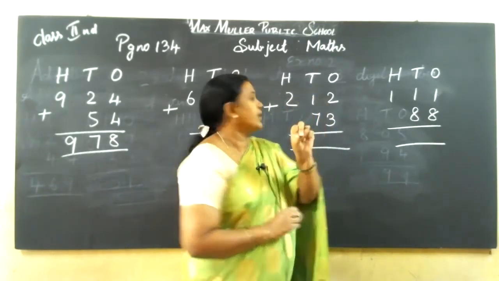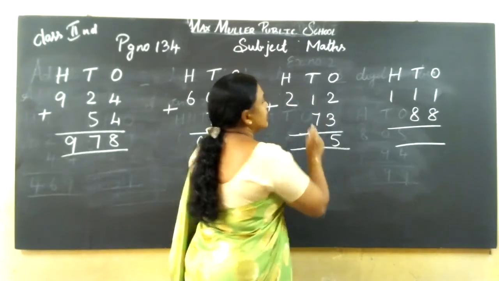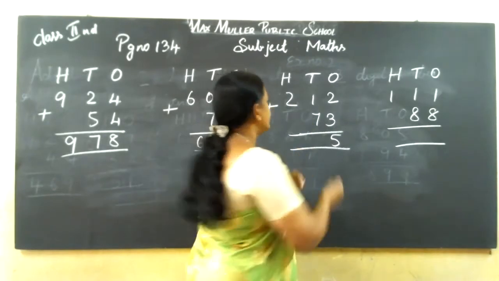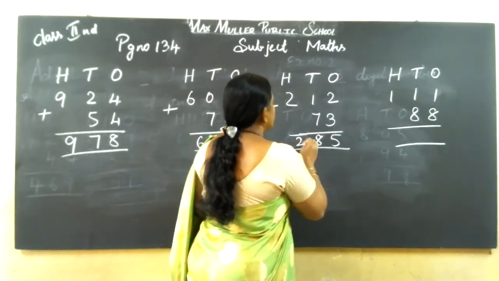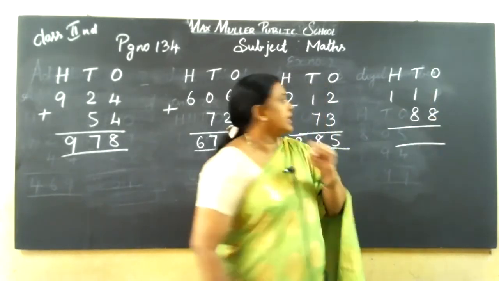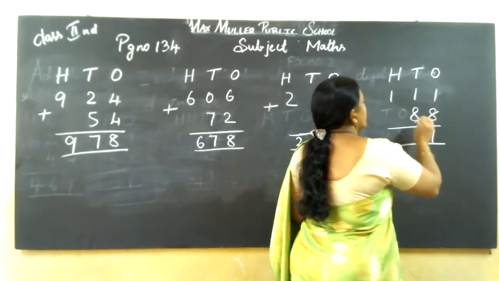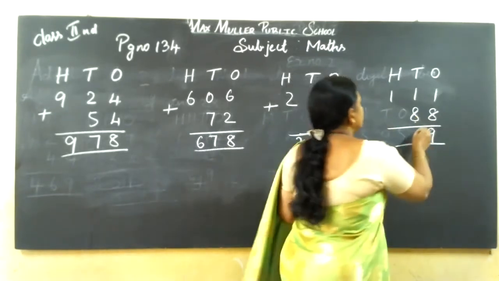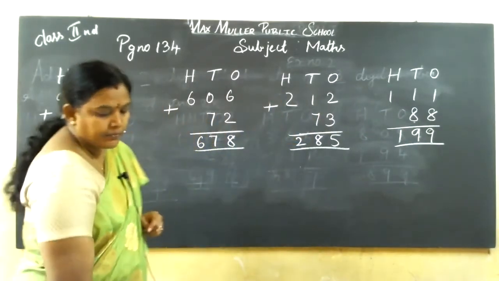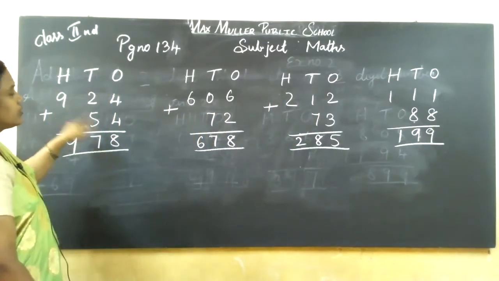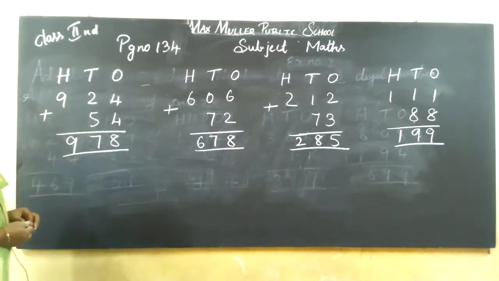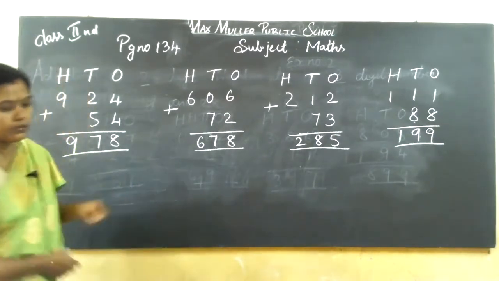After 3, 4, 5. Here 7 you keep it in the mind. 7 in the mind, 1 in the finger. After 7, 8. 2 as it is you want to write. 1, 8 in the mind, 1 in the finger. After 8, 9. 8 in the mind, 1 in the finger. 9. 1 as it is. Understood, children? Like this only, this is 3 digit with 2 digit. You want to add the following. Now, addition of a 3 digit number to a 3 digit number. Finish it neatly. We will go to next main.